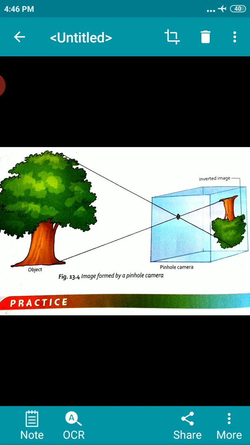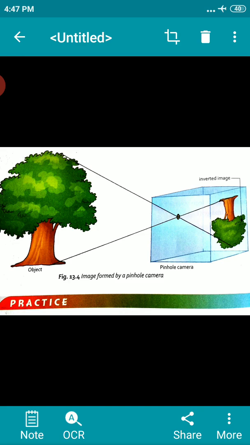There is an interesting pinhole camera in nature also. Sometimes when we pass under a tree covered with a large number of leaves, we notice small patches of sunlight under it. These circular images are in fact pinhole images of the sun. The gaps between the leaves act as the pinholes. These gaps are all kinds of irregular shapes, but we can see circular images of the sun. So this is the natural pinhole camera you can see under the tree.